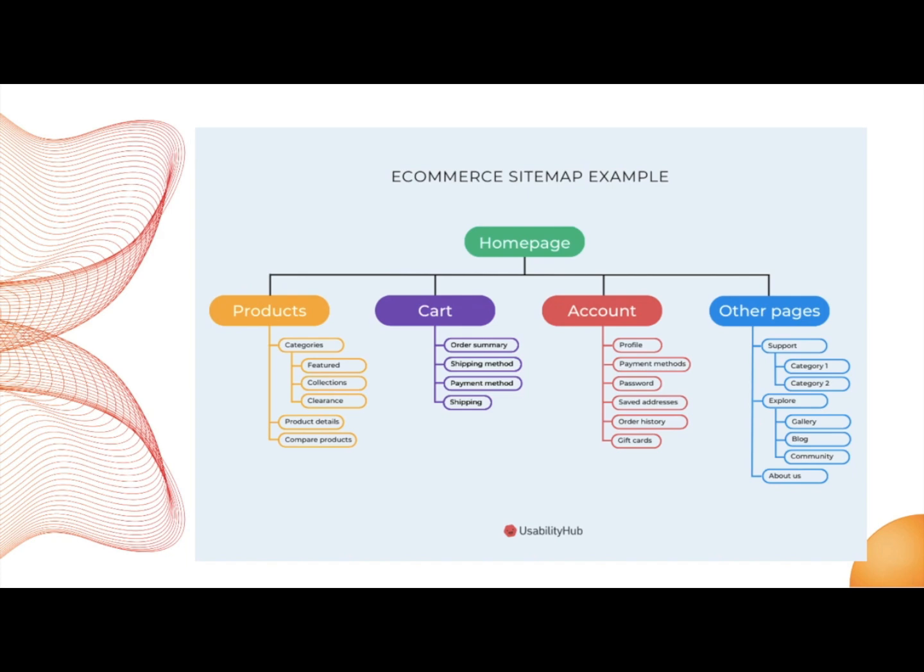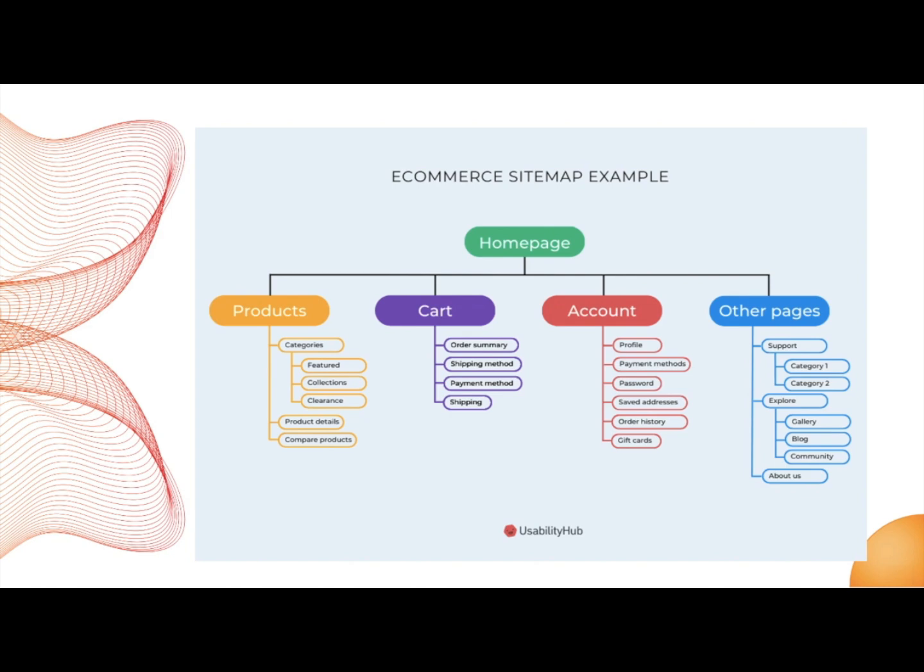So products can be a different page, cart can be a different page, and account can be a different page. So next we refer to what goes on a product page. The product page has different categories. It has product details, it has a compare products option, the cart has order summary, shipping method, payment method, and shipping